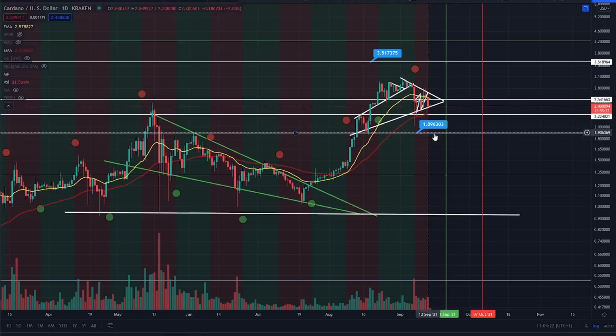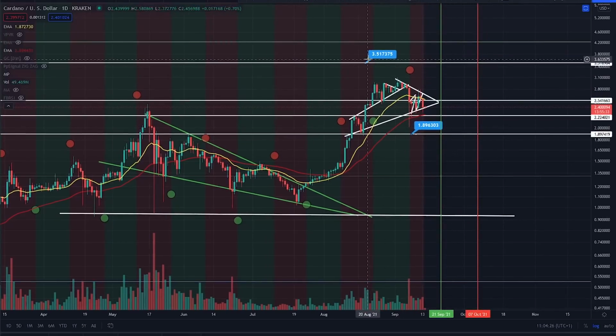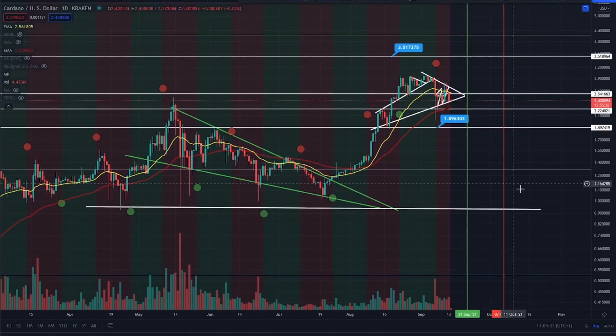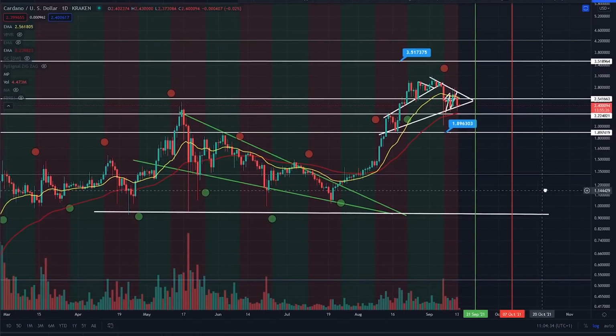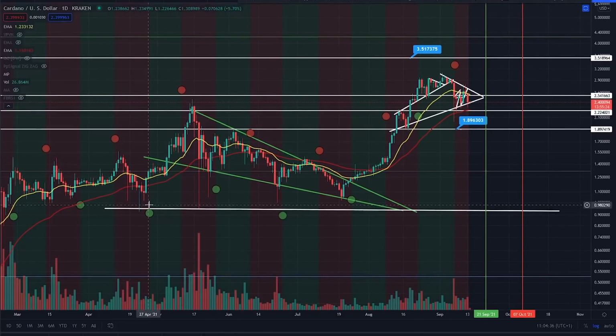If we come down to this 189 at this point, I would expect some kind of pump relief rally, potentially bringing us up to this high here where we potentially get another dump and then continuation. Do you see that? Let's just have a little thought experiment, that we had a bit of a dump moon just there like this one. We got that dump moon and we got that pump moon.